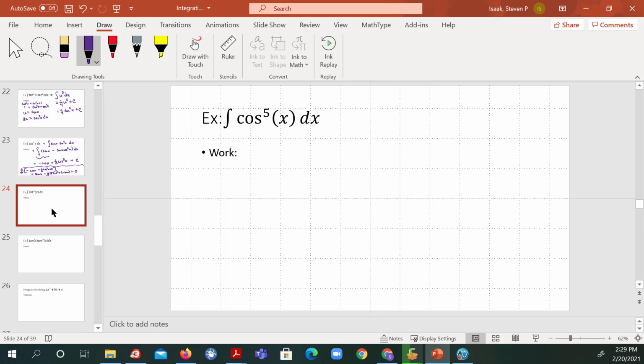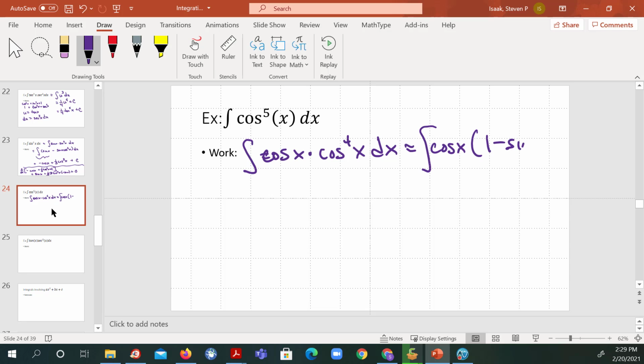All right. This one isn't as trivial. I can't do it in my head. So this is the cosine of x times the cosine to the 4th of x, and don't forget the dx. But that is the cosine of x times 1 minus sine squared x, squared, dx. But that is